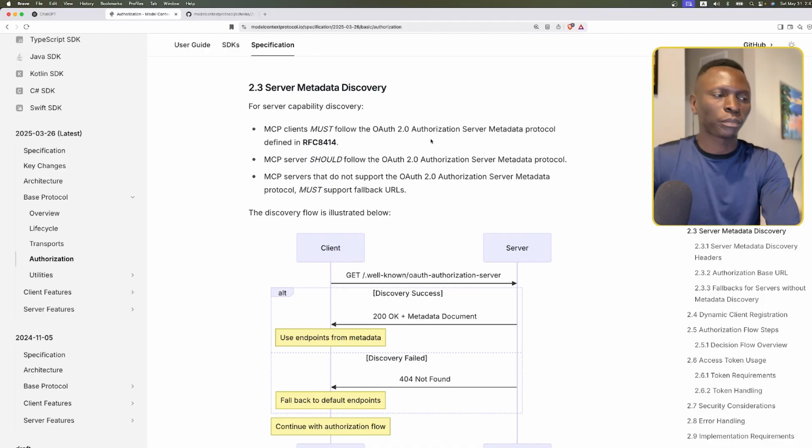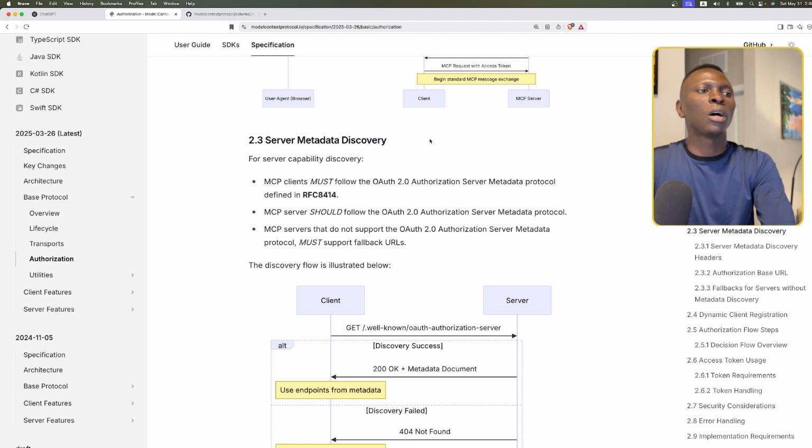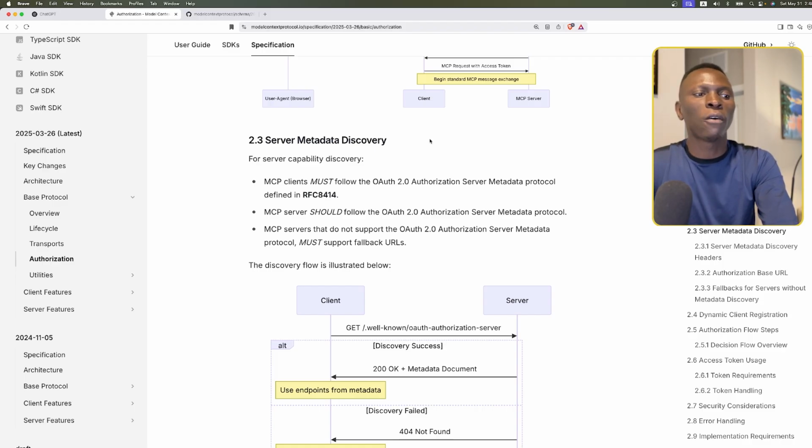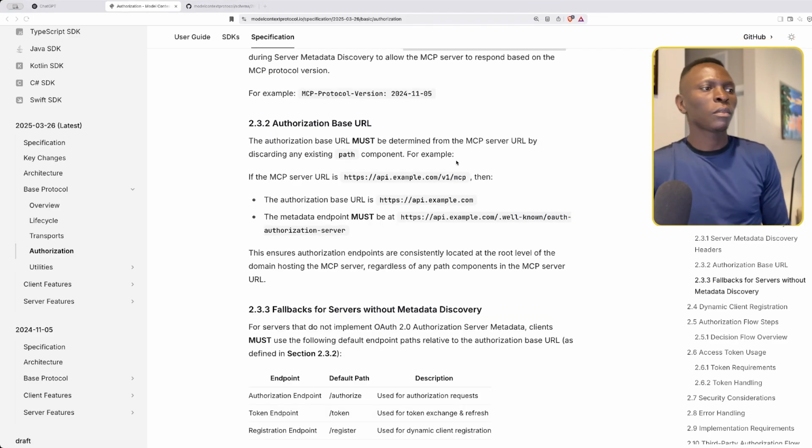Server metadata discovery. The client discovers that when the user authenticates successfully, the response is okay plus metadata documents. And if it fails, they have to say not found, right? This is the fallback URL. The authorization base URL must be determined from the MCP server URL by discarding any existing path component. For example, if the MCP server URL is https://api.example.com/v1/mcp, then